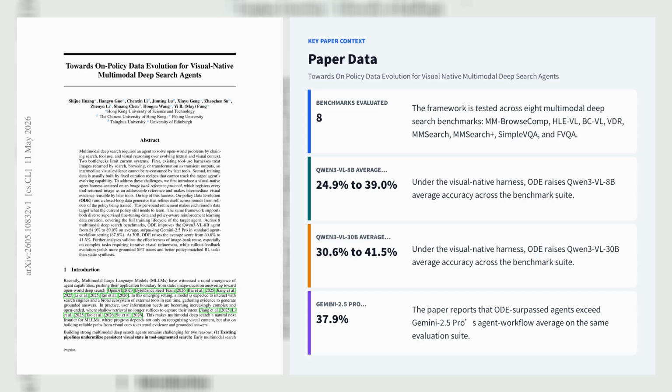Let's explore the second paper, Towards On-Policy Data Evolution for Visual Native Multimodal Deep Search Agents. It identifies two core failures in current multimodal search systems. Tool-returned images are treated as disposable outputs, and training data is synthesized by static recipes that do not adapt to the policy being trained. The paper's first contribution is a visual native agent harness with an image bank reference protocol,